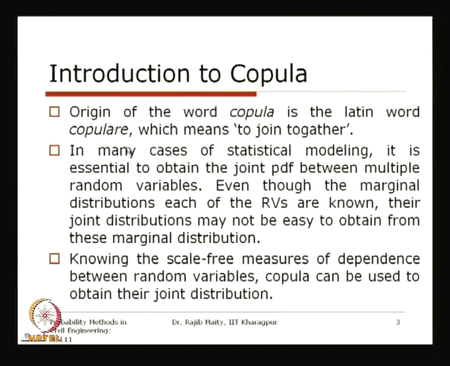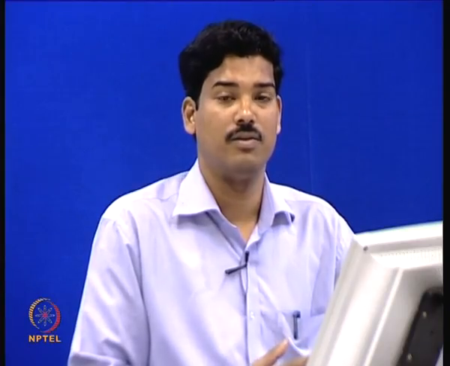So, the meaning of this word is basically a verb, and the meaning of this verb is to join together. Here, as you know, we are just joining two marginal distributions of two random variables to obtain their joint probability density function or joint CDF. So, basically we are taking two marginals and joining them to obtain their joint distribution. That is the name taken from that Latin word, and this is the background of this word